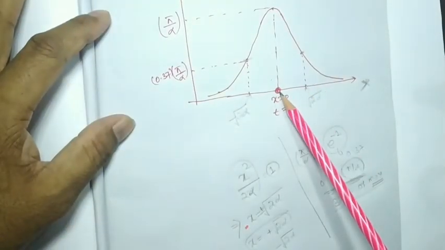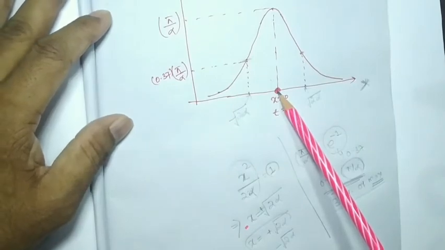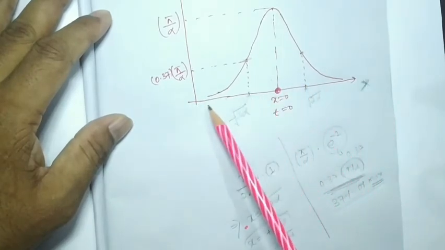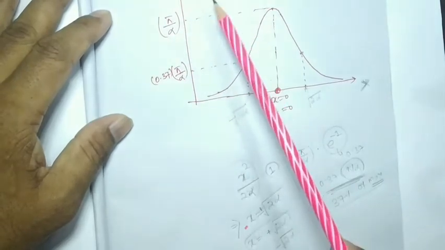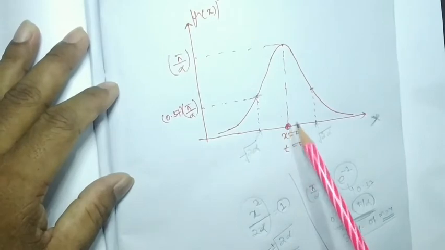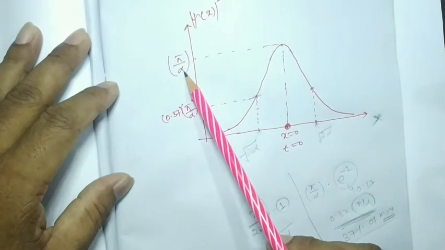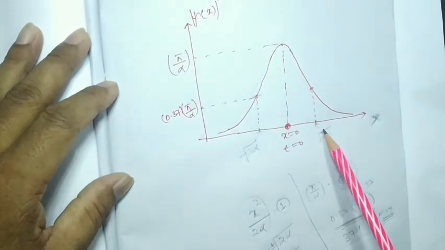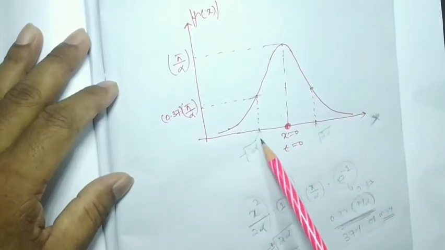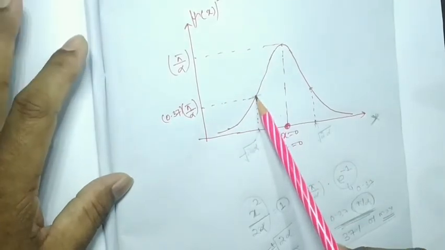At x is equal to 0, the particle will be here, and the so called maximum probability density, if we are going to draw, suppose this will be along x axis and y axis we have been taken as probability density. So at x is equal to 0, the probability density is maximum, that is pi by lambda, and at x is equal to either 2 alpha root over or minus 2 alpha root over, at these 2 points the probability density reduced to 37%. Okay.